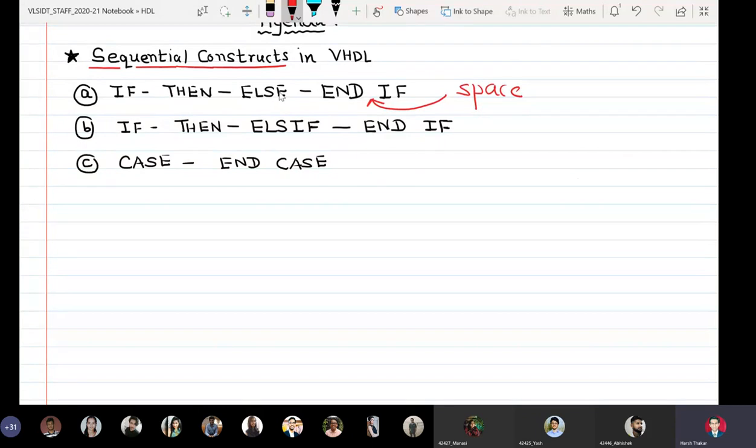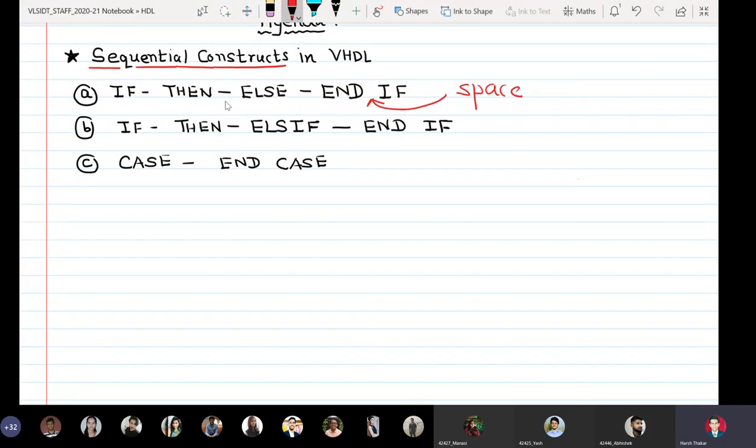So even in languages like C, we have loops and we can have nested if loops also. So I think in C we have if and end if. And as many ifs as there are, that many end ifs you have to put. The same is also there in VHDL.